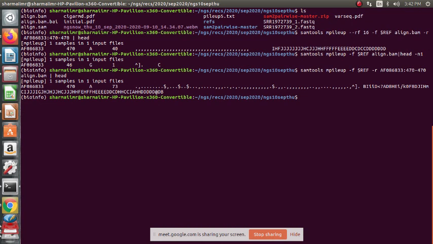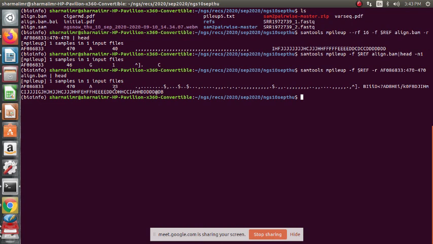So this 470 region belongs to the entire read, whatever the read is, and at this read here, this symbol here, we saw the region in this symbol.